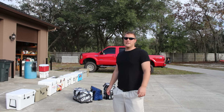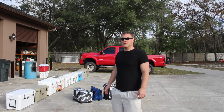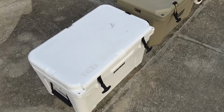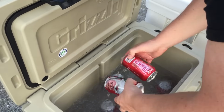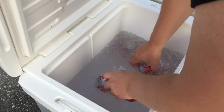All right, we are entering the big day, day 5 here at the 5-day ice challenge, brought to you by coolersonsale.com. As you just saw, same applies from yesterday. The leaders are definitely Engel, Pelican, and Siberian, and Orca. The rest of the coolers are still maintaining ice, and I'm pretty sure they will maintain ice for the full 5 days,